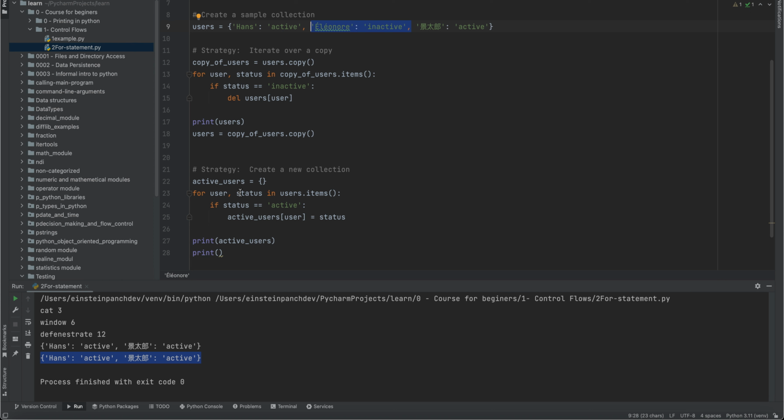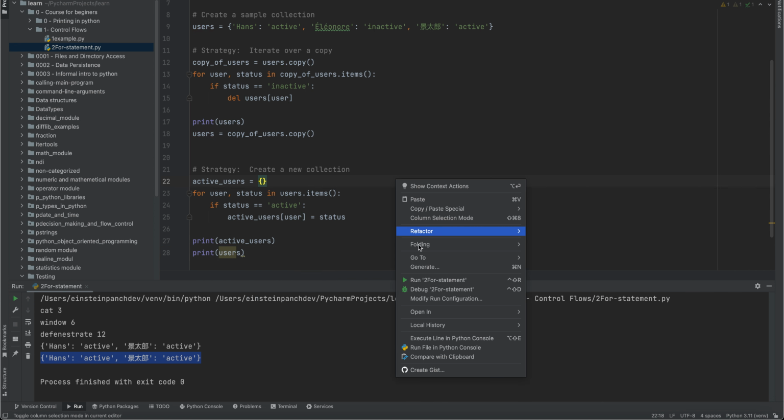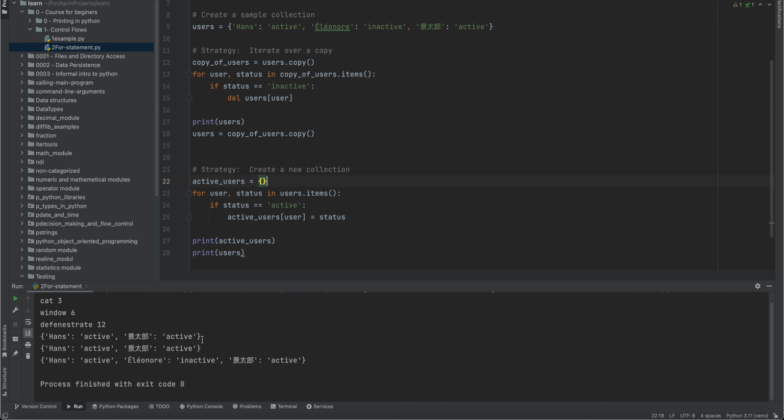So again we are rolling back, and active users, and print users here, right? Let me run it. So here we can see this is the original copy, these are the active users, and this is the copy after